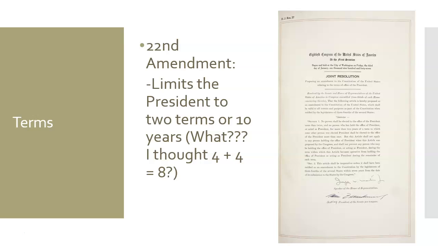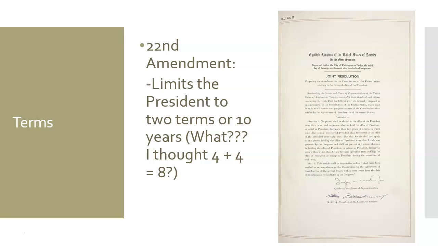Franklin Roosevelt was president during the Great Depression. He was elected in 1932. He was elected again in 1936. And then he had to decide what he wanted to do in 1940. Well, World War II was breaking out, actually was going on. We weren't involved in it yet. And he decided, I'm going to run for a 3rd term. And then he ran again for a 4th term in 1944. Served about 3 months of that term and then died of a brain aneurysm, leaving the presidency to Harry Truman. But he was our longest serving president.